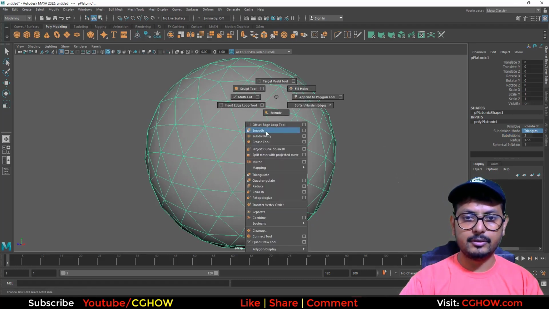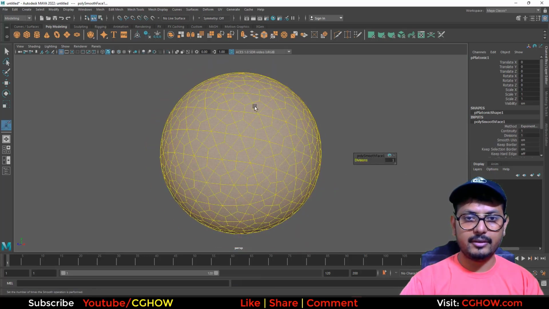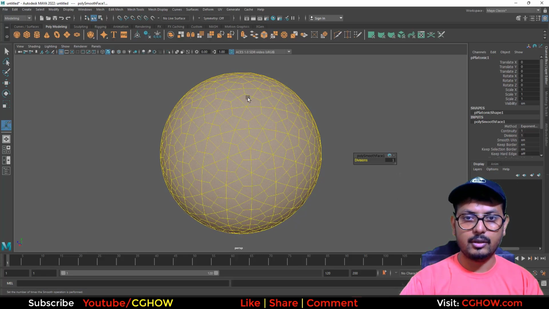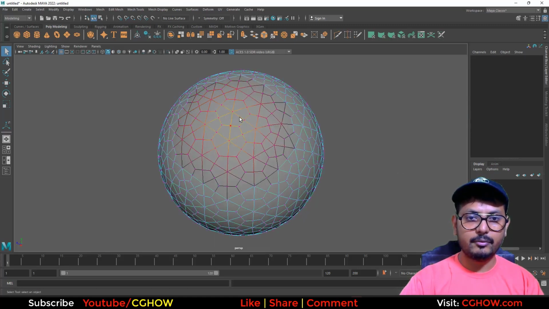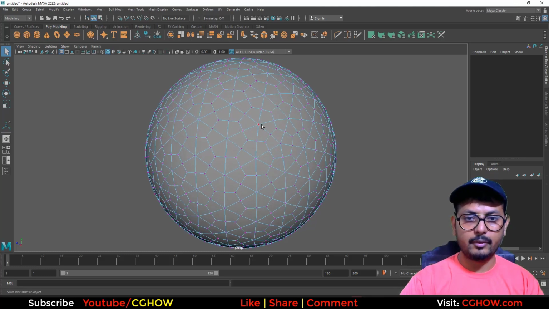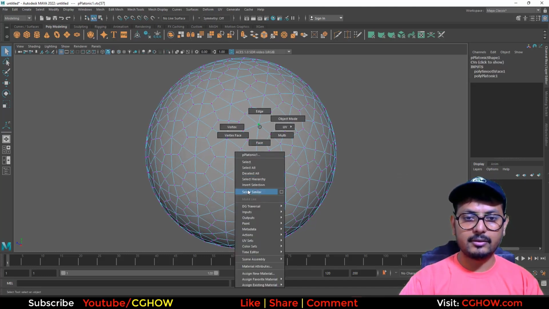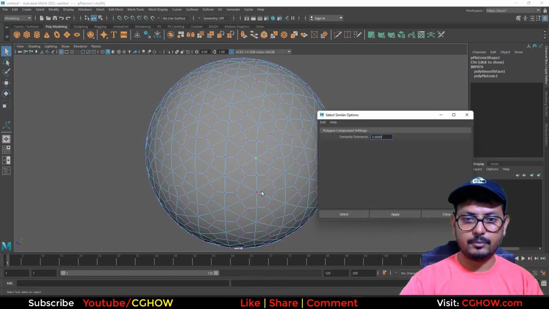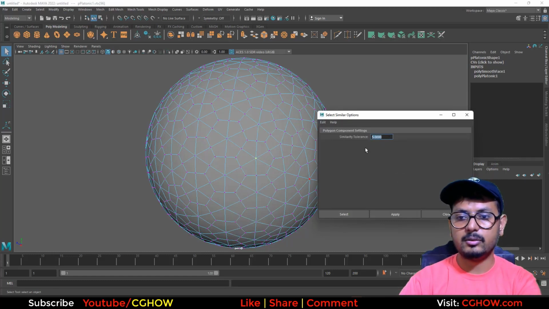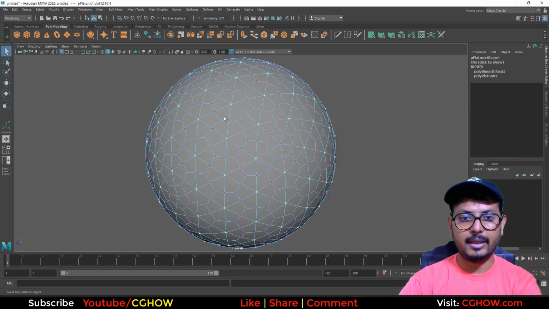And if I smooth this, I will have these hexagons, and some pentagons are also there. So now you need to remove these edges from the center. I'll select this vertex, turn off the soft selection, and if I right click there is an option, select similar. If I click on this, it will select all the similar ones, but not 100%. You can see these are not selected. So I'll select again, and now I'll go to the checkbox and increase this to maybe 12. That will be best. You can see now